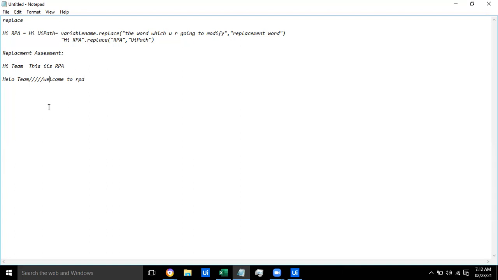The forward slash, and the RPA is lowercase. Yes, so in this case we are supposed to remove these things. Okay, guys, this is the replacement function. Are you clear with this replacement function? Any doubts? Are we good to go to the next part?